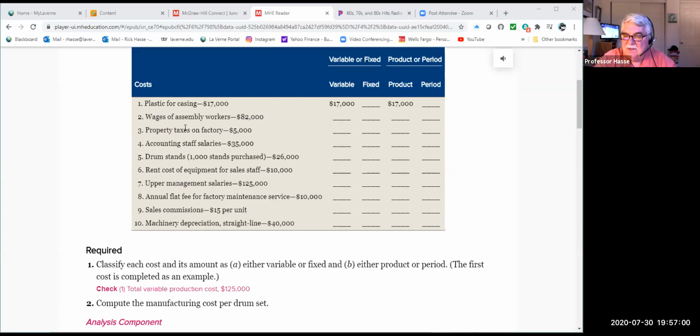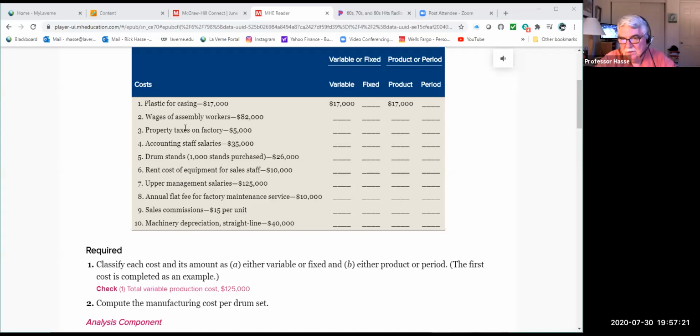There's always going to be a need for people in businesses to keep track of all this stuff. Accounting workers are a viable commodity if you're an accounting person. Somebody always needs you to tell whether you're variable or fixed, product or period,